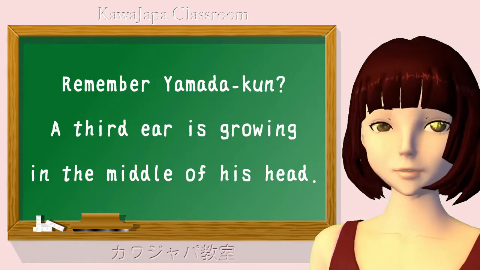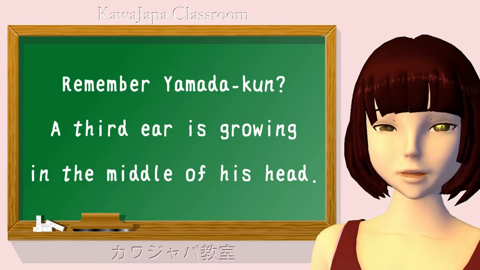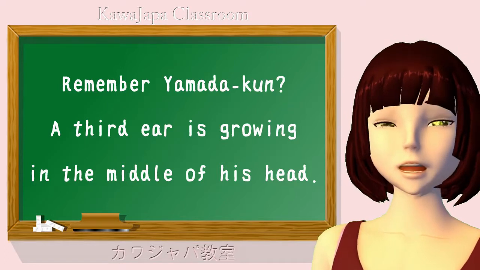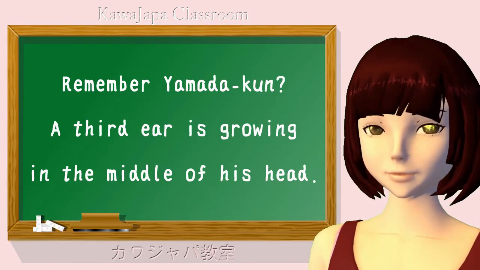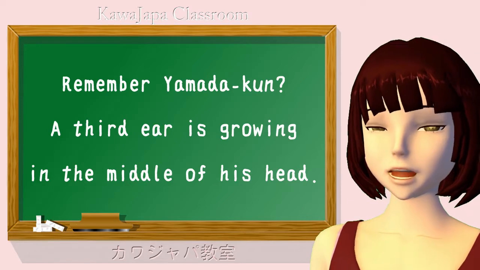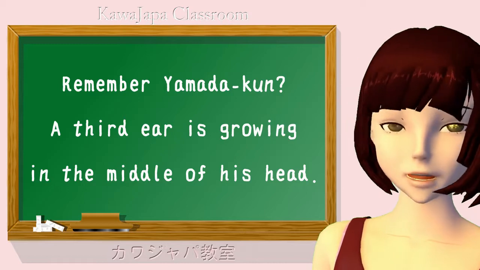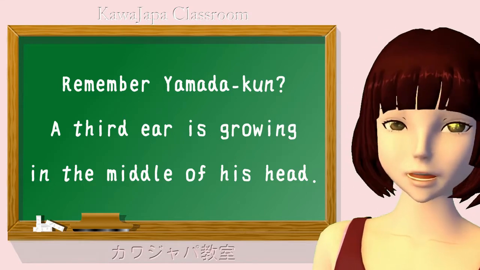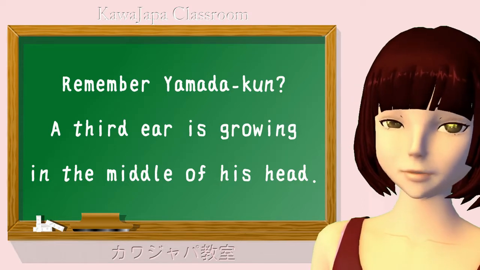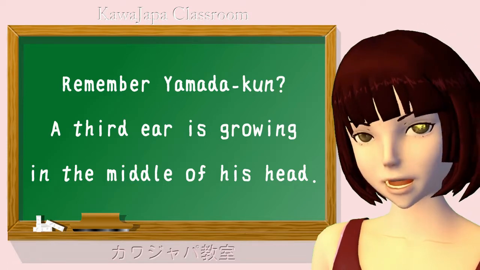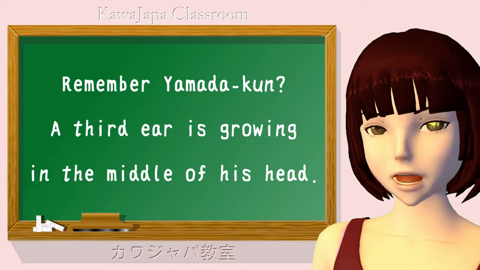First of all, whether we say remember Yamada-kun or speaking of Yamada-kun or as for Yamada-kun, the implication is that the person listening to you knows who Yamada-kun is. You can't really say things like this if they're going to come back to you and say Yamada-kun, I never heard of him. You are taking a topic that is already known to the listener and then adding some information. So that is why we always have to use wa with something that we can assume the listener already knows. If the listener doesn't already know about it, we have to use ga.